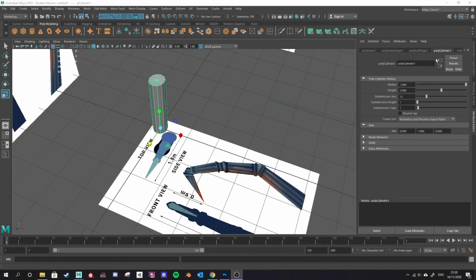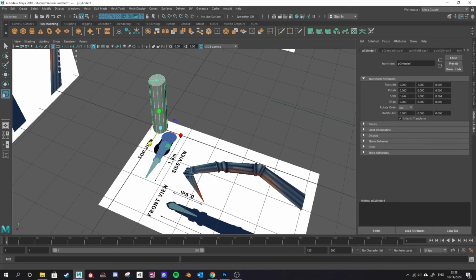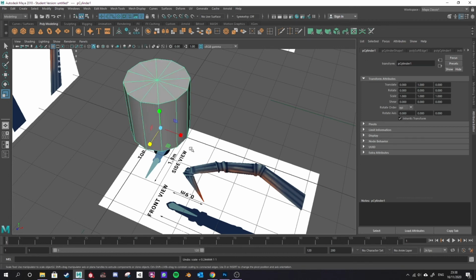The one thing I could do if I mess that up by accident is go into P cylinder 1, and you'll see the scale here on the X, Y, and Z axis, and I could change the axis to be the same as each other, and that will be perfectly circular again. But the handier way is to not make that mistake in the first place. So if I undo to this stage again,